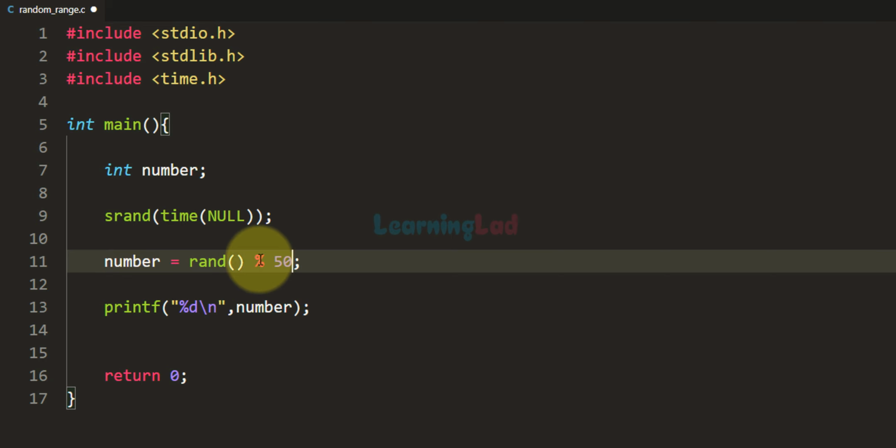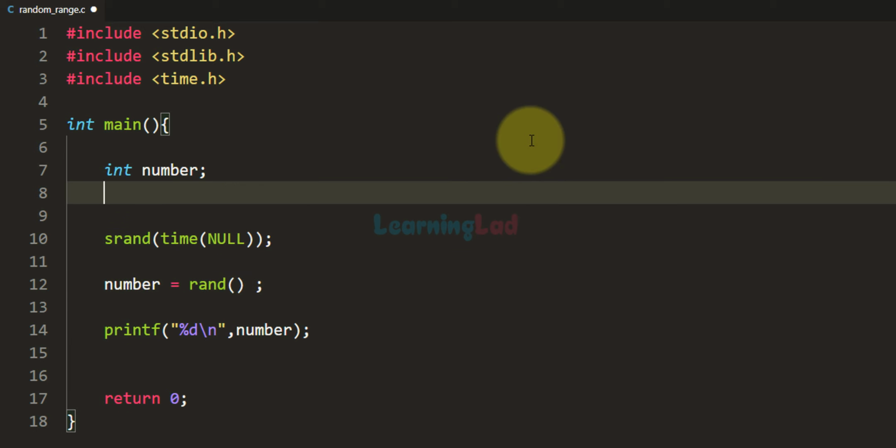If we want the random number between a range of values, between a lower limit and an upper limit, let me quickly create two variables. Let's say lower and upper.